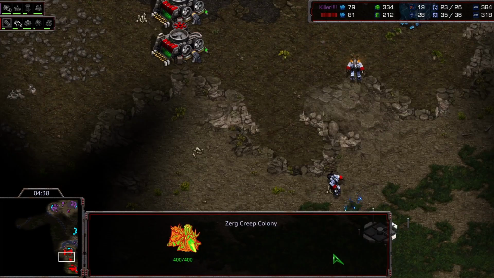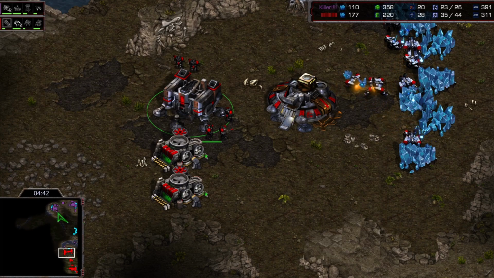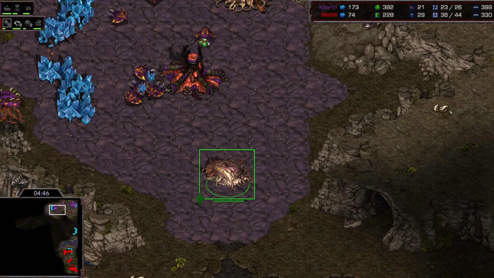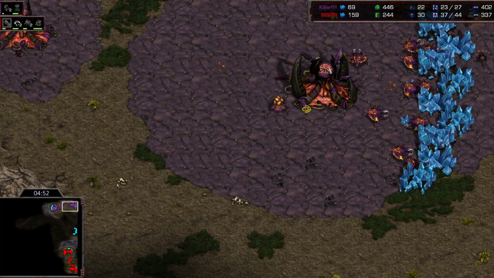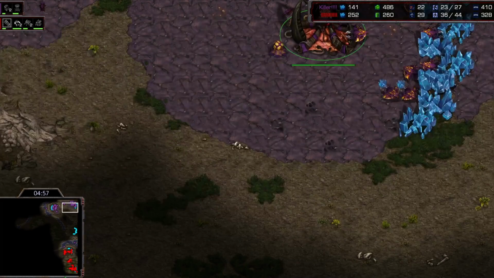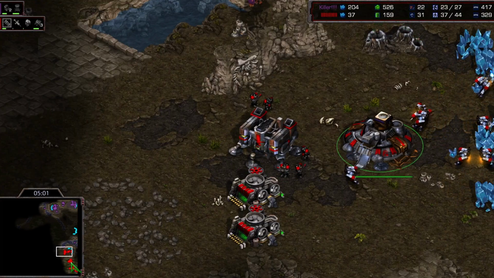A creep colony in the front, a Sunken, is going to be morphed here. That's a little bit surprising. This is a zealot-esque way to play. Very few lings being made here. Just getting that early Sunken for a modicum of safety. It's not going to save you from a full-on 2 racks